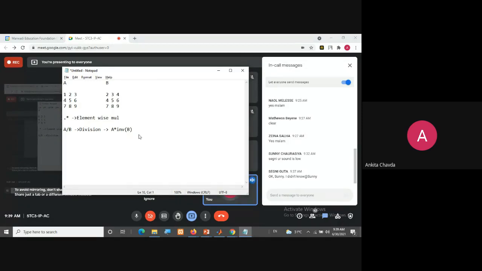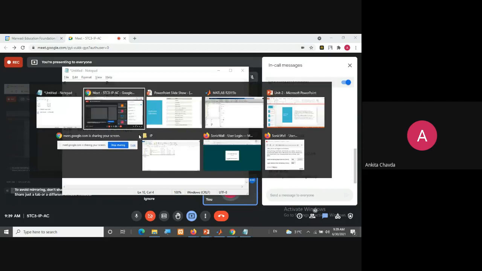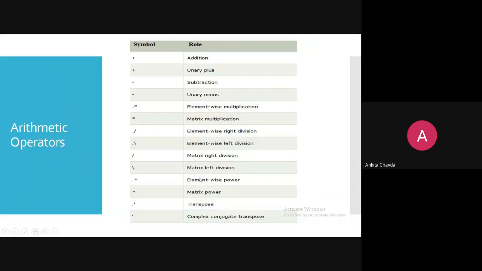But if you are using this A and this backslash and this B, this is your left division. You can see here, matrix left division, and this is your right division.